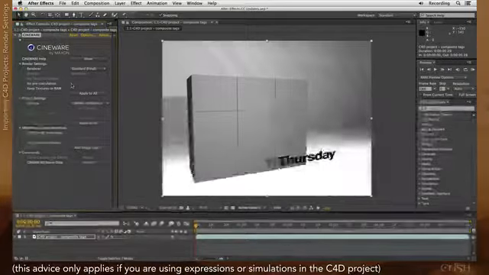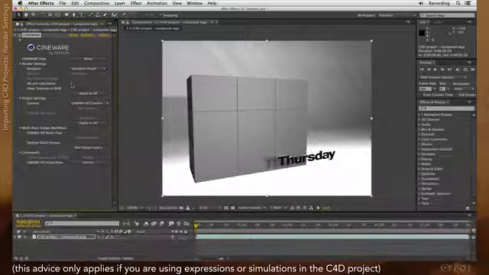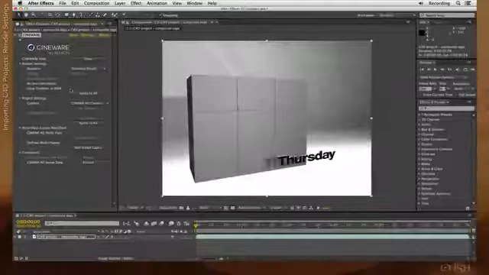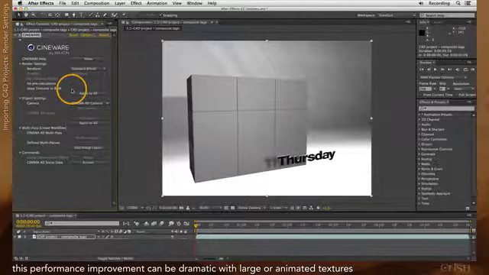However, you should never have this enabled for a final render, because you definitely want it to calculate particle systems, dynamics, cloth, etc. Keep Textures in RAM is another thing that can speed up your performance, but it will chew up more memory to do so.